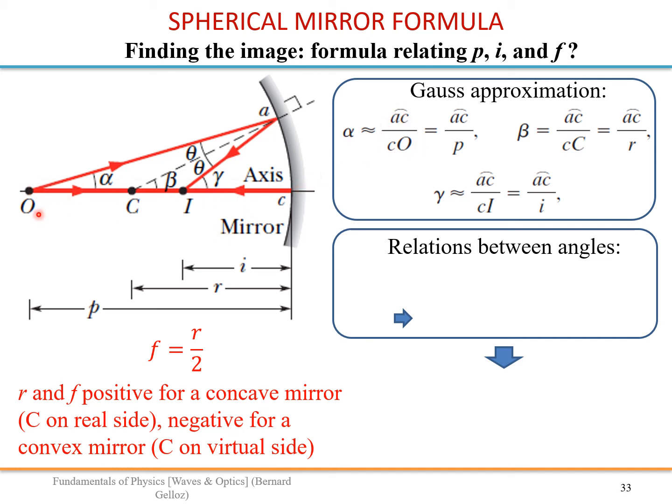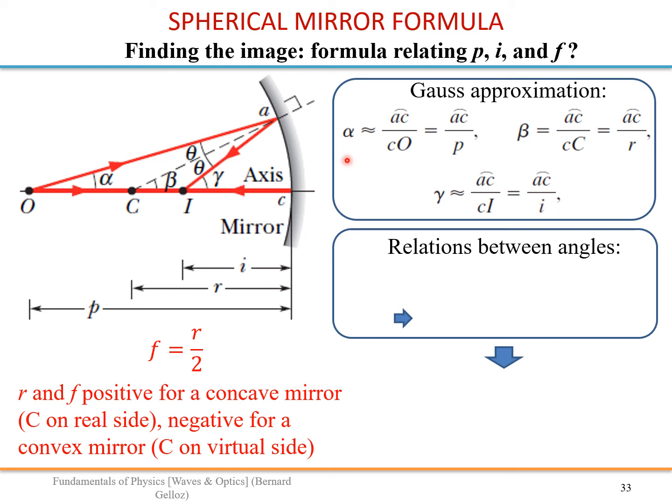Okay, and this is P. O small c is P. So you can write that. This is an approximation. You can also do the same approximation with gamma. Of course, this again is not to scale. All these angles are very small. So it's AC divided by IC. Okay, and IC is I.